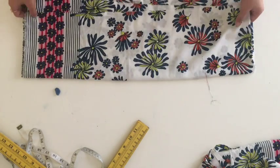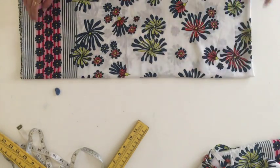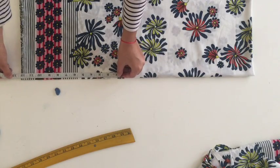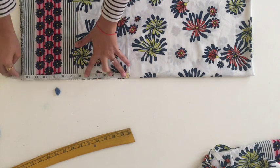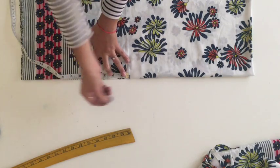For sleeves I'll take this border on the hem. That I'll fold it like this and I'll take measurement from this border. I'll first mark length of my sleeve. Length of my ready sleeve is 11 inches. So I'll add half inch for the seam allowance on the top side and 1 inch for seam allowance on the bottom side. So I'll mark on 12.5